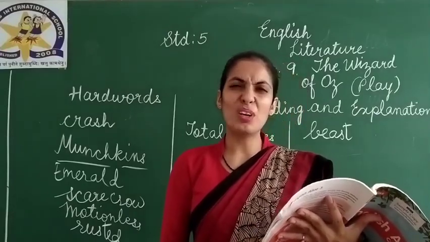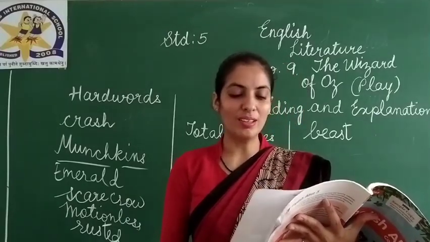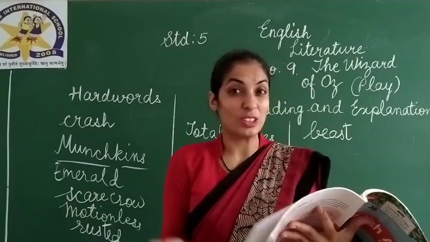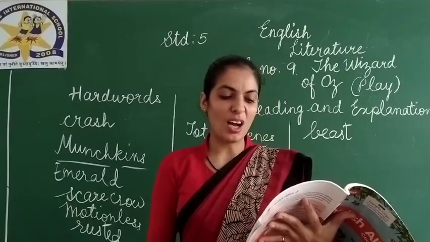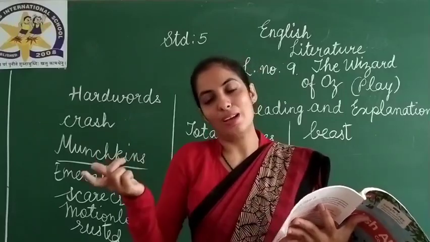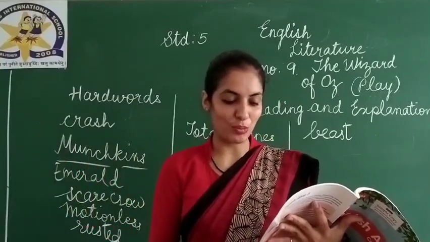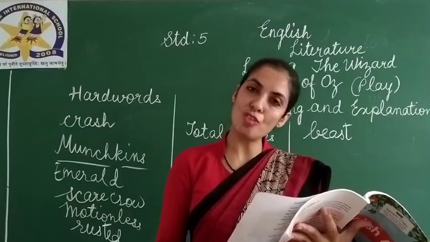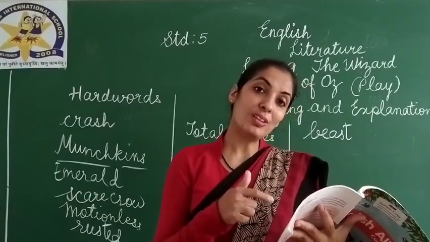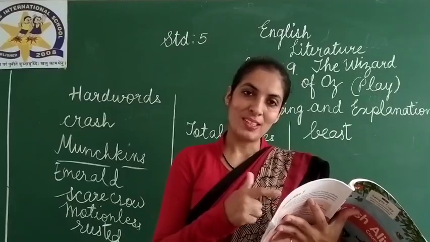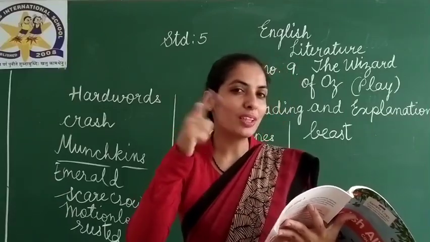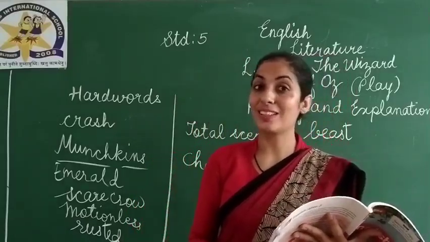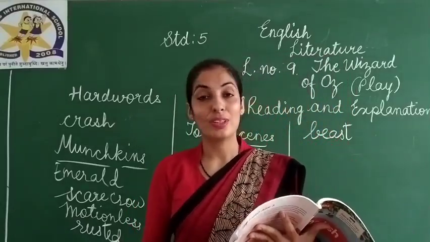Dorothy says, "Oh, I'm sorry. Please don't cry. I just can't understand how a lion like you is a coward." Lion: "I was born that way." Means I was born like that. "I wish to have courage, as I could be the king of beasts." Tin wanted a heart and Scarecrow wanted brains. Now Lion wanted courage, as he was the king of